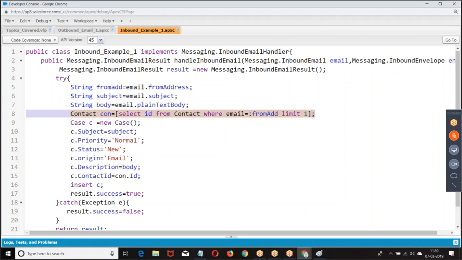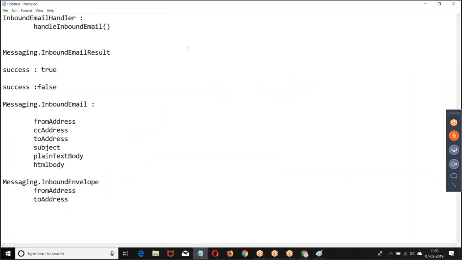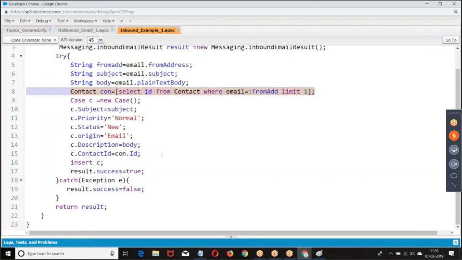Now, let us write a program. Same program. Whenever an email is received, create a contact. So the contact last name is email.fromName.